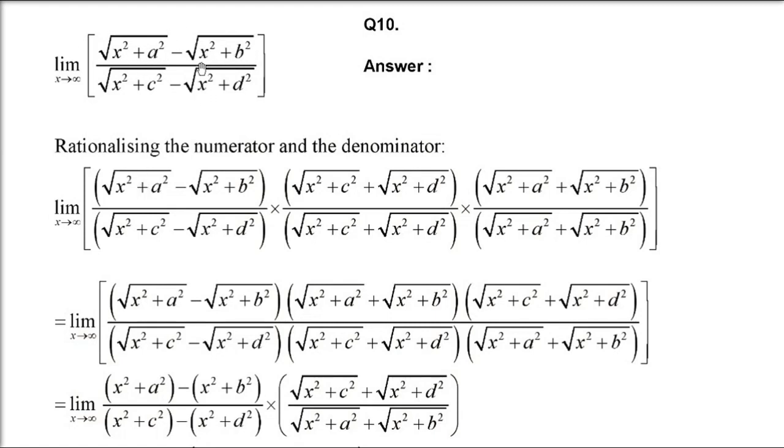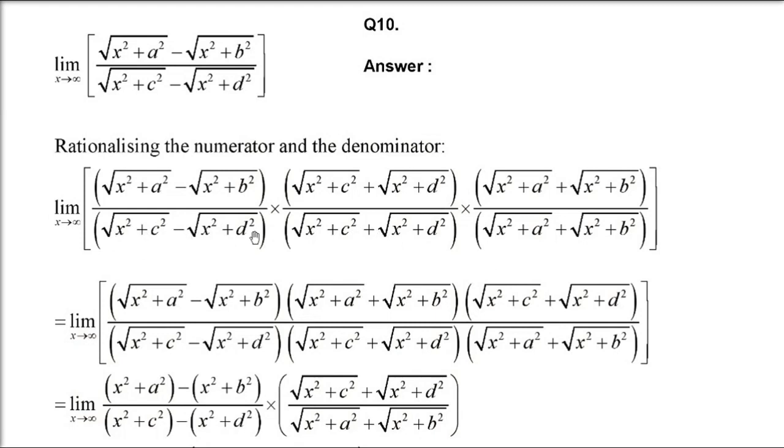So see, just watch it very carefully. This minus, numerator minus, we're multiplying it with the plus of the numerator, RF. And with the same thing we have to divide, coming to denominator. So this is minus, so we have to multiply it by the plus. So same thing we are doing, plus. So if you take the RF, that is a square minus b square, because it is a plus b into a minus b. So this will be x square plus a square, and this will be x square plus a square minus x square minus b square. And only numerator will be x square plus a square minus x square plus b square. Denominator you have x square plus c square minus x square plus d square.